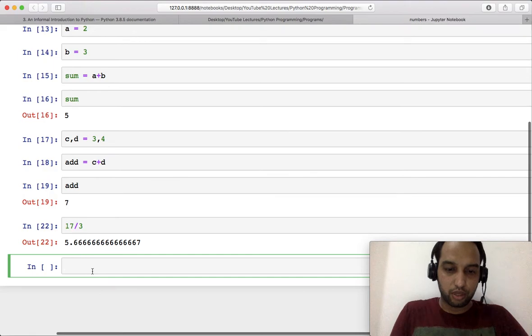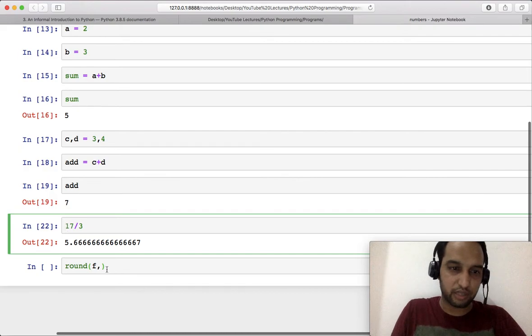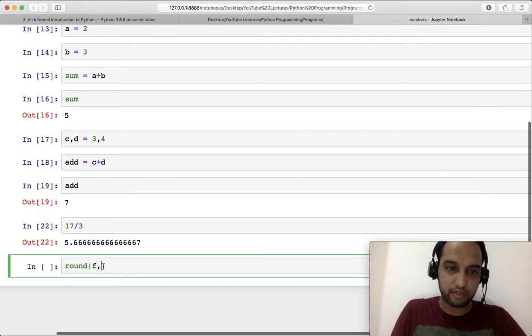Now if you want to round this off, you can use the round function and then use some variable at this place. Maybe if I would have assigned it to f, then you could have written f here, and after that the number of values you want after decimal. So let's suppose I want 2 values, so I would write 2, but we don't have any f variable here, right? So in place of this f variable I can use underscore.